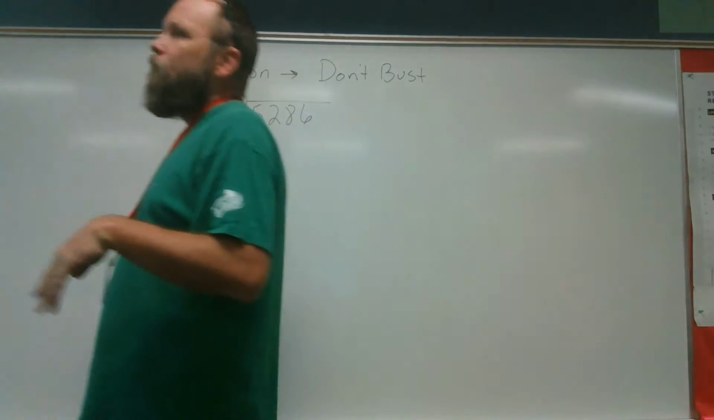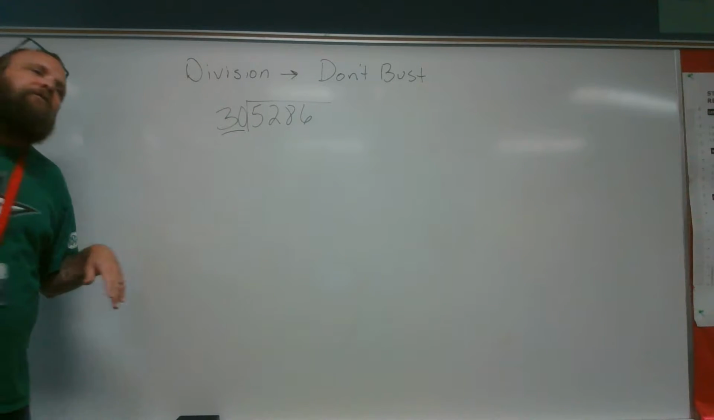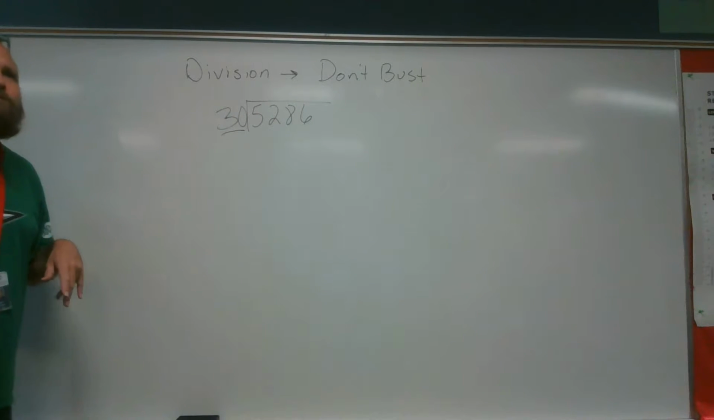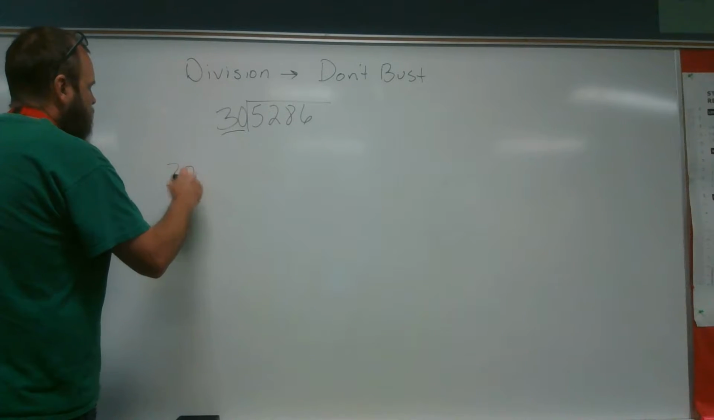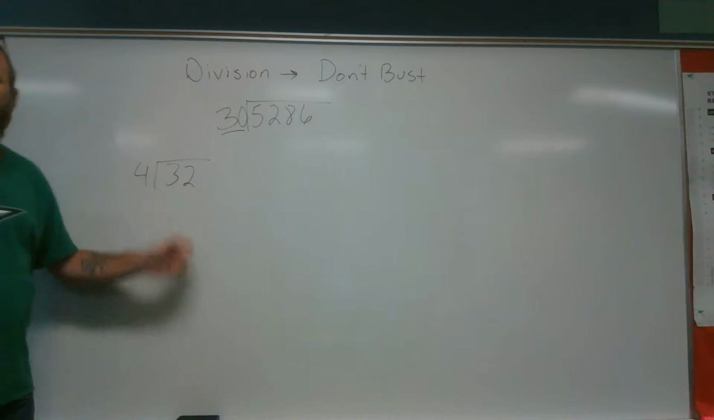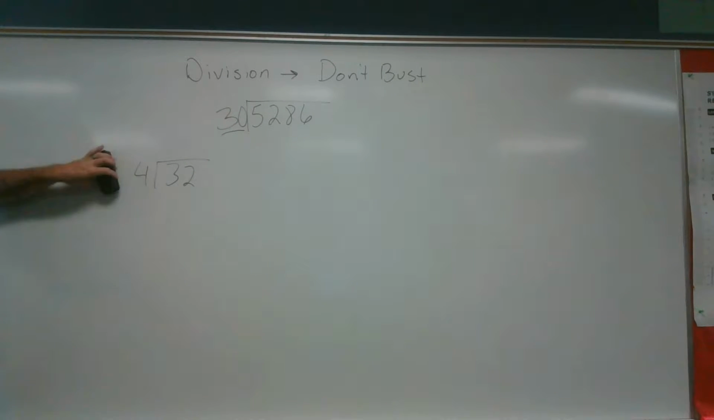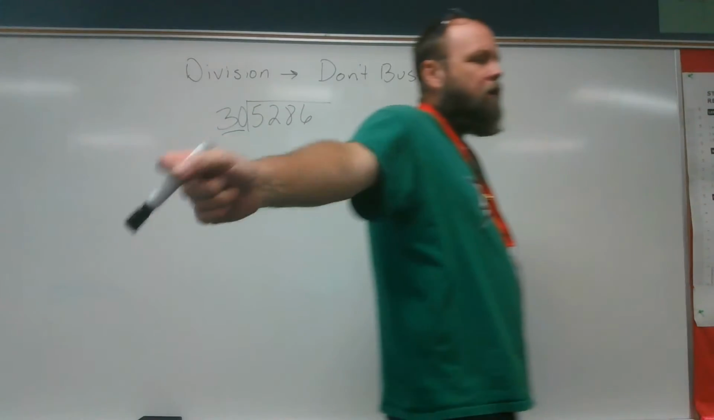So give me a division problem, Cheyenne. 32 divided by 4. That's how you write it. Whatever you say first is the dividend. It's what goes on the inside. It's what's being broken into parts. So now what we're going to do with our divisor,